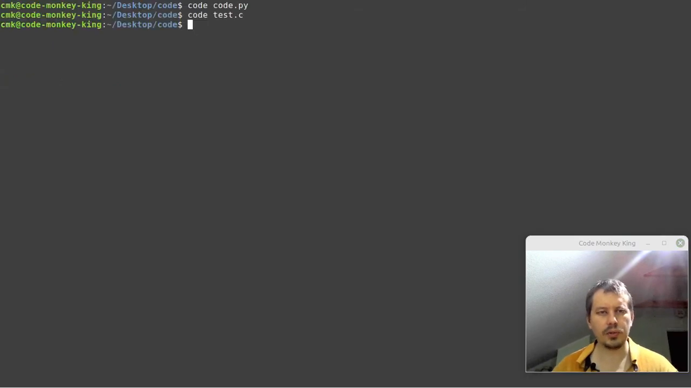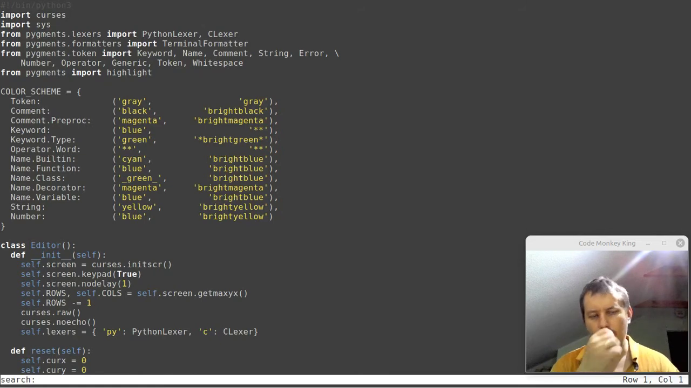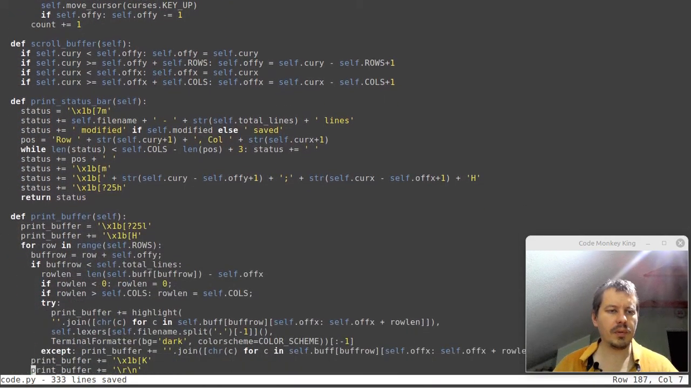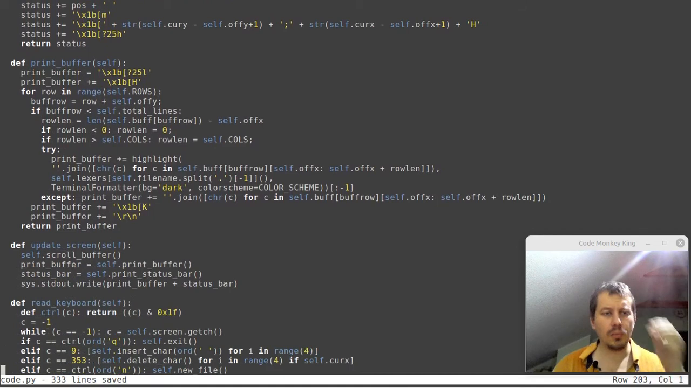now let's go back. I want to show you the print buffer function. So here is the print buffer. So what we have here, the problem is that ncurses, when it runs screen.addch or screen.addstr, doesn't interpret these